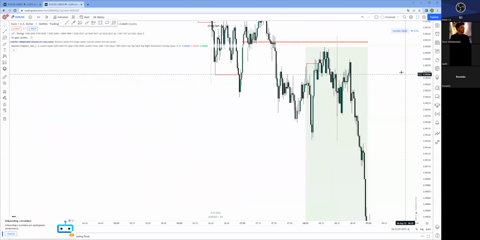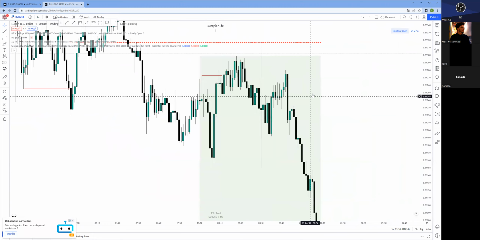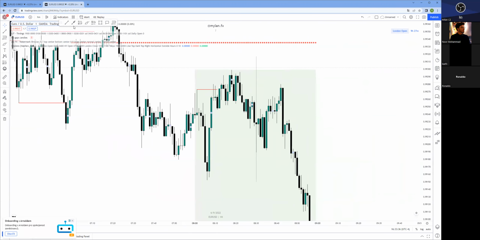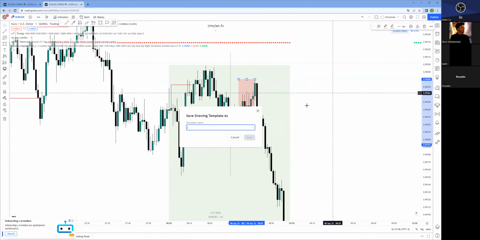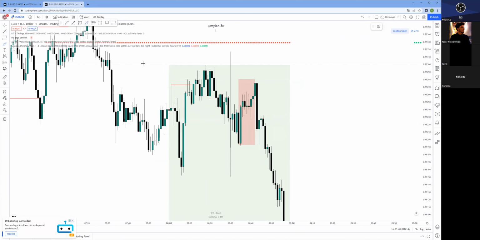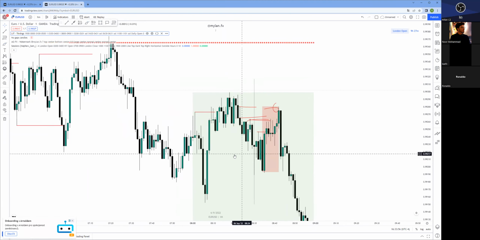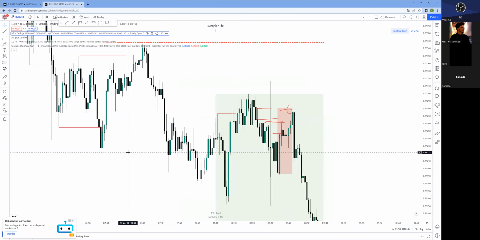Is this all right? I mean, it's still a manipulation, but it's all right. After that, we have the real move. So what was the manipulation? Right here, by sweeping liquidity, inducing people to buy, you have a BOS, and then sweeping liquidity, respecting our last left off point. And remember,